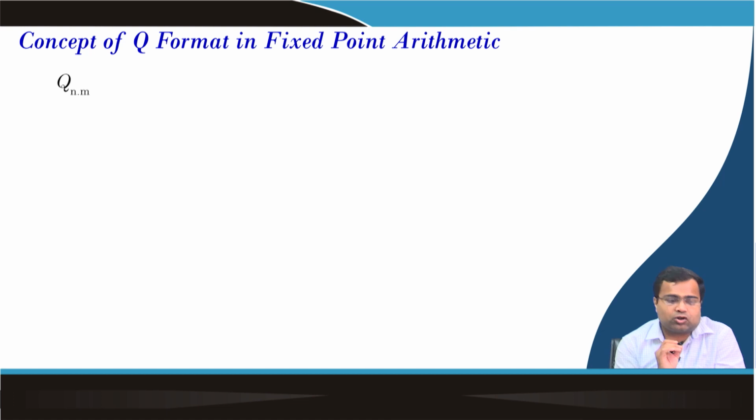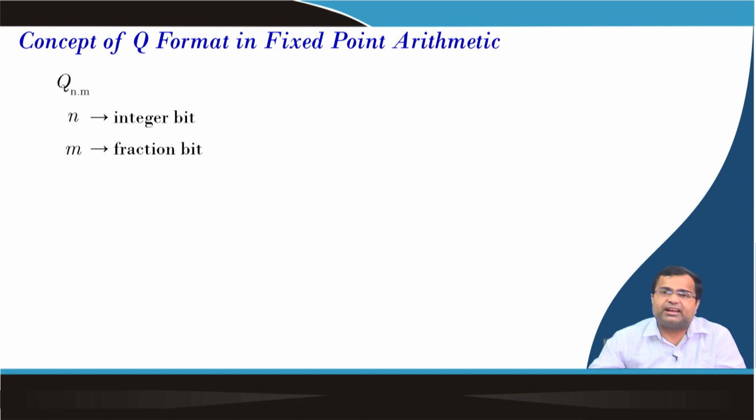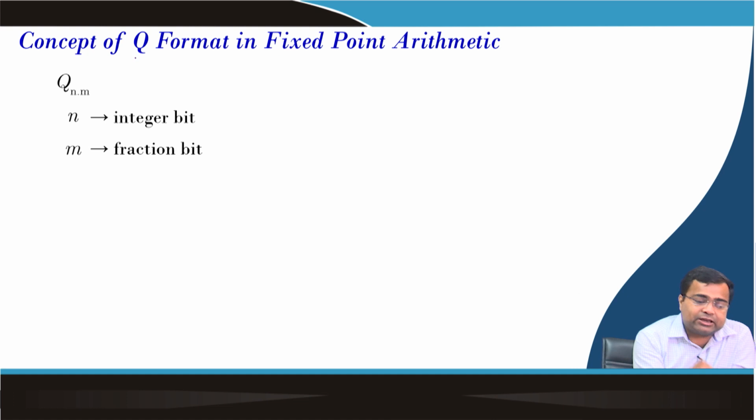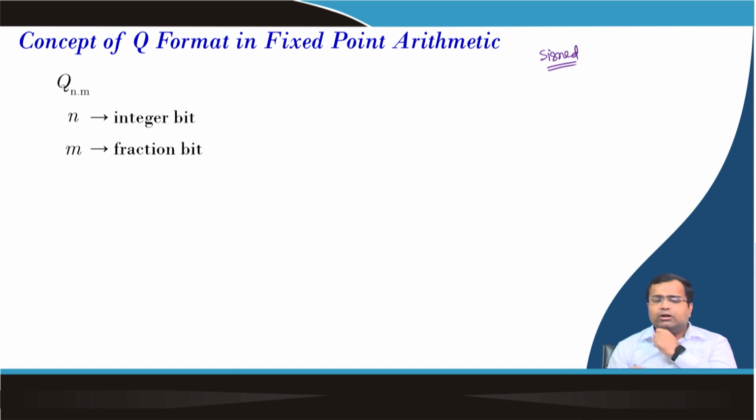So, Qn.m means n bits are integer and m bits are fraction, but it is a notional concept just to map a real world number. The actual total bit size is n plus m. The integer bit and the fraction bit split is again notional. But whenever you say Q format, generally we by default consider sign, because it is easy. So, what will happen for the sign? Let us say we are talking about